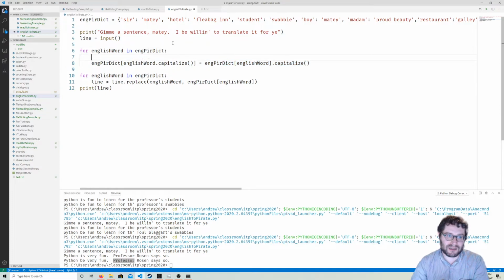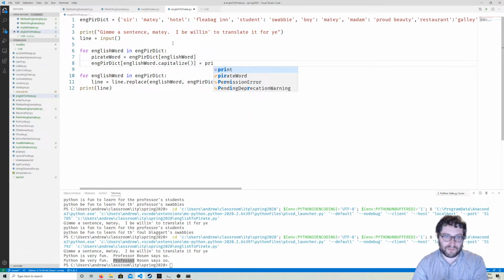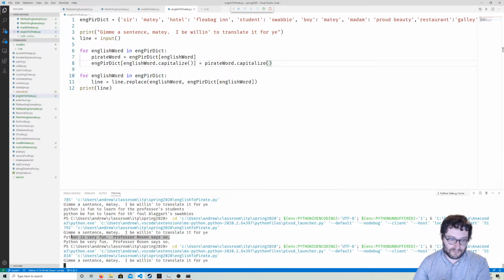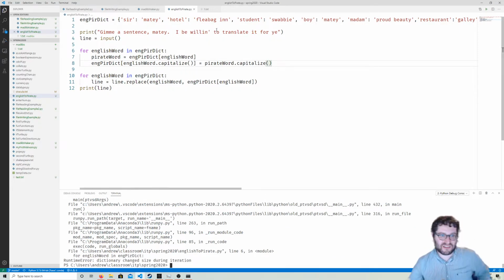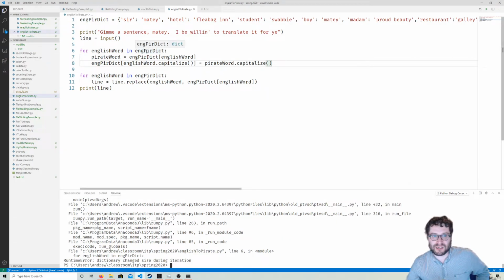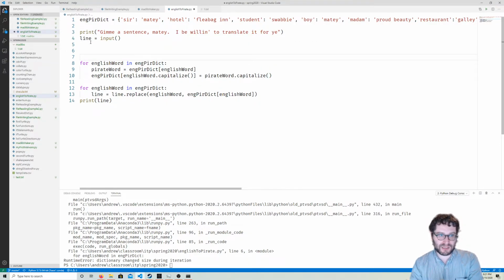Let's just go ahead and say pirate word is equal to, so make it a bit easier to read for you, pirate word dot capitalize. Dictionary changed size during iteration. So it's saying that basically when you're iterating over a dictionary, don't touch the dictionary, please. Thank you very much. So what we're going to have to do is